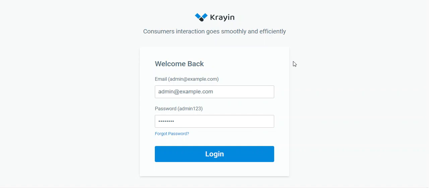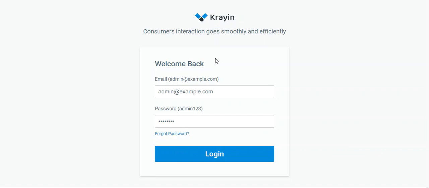Now, the attributes are an important part as they let you capture more relevant information about your leads, persons, organizations, and much more. So you'll be able to create multiple types of attributes there, and you can assign them to your leads, persons, organizations, and much more sections there. So let's check out how to add the attributes from the admin backend panel